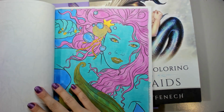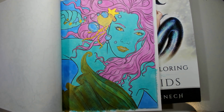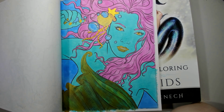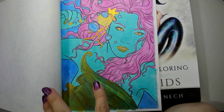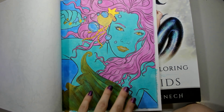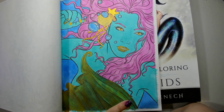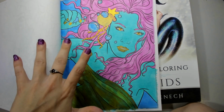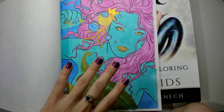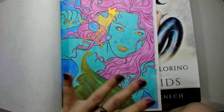Now I have coloured in the Merms, and both of these pictures are not complete, and I am not counting them as a work in progress. I did last year. However, these books contain 2 versions of each image, so I still have one to colour that is not coloured in. Once I've coloured in one variation of the image, if I'm happy with it, I'm considering that page done, and I don't have to do the other one. So I'm not happy with these, but I have another variation I can colour,